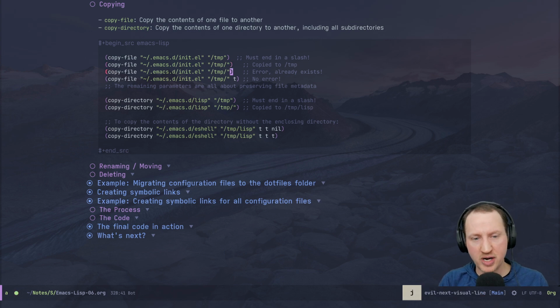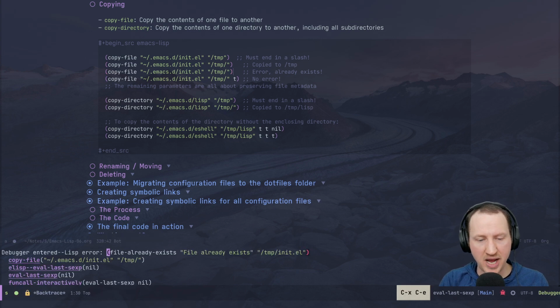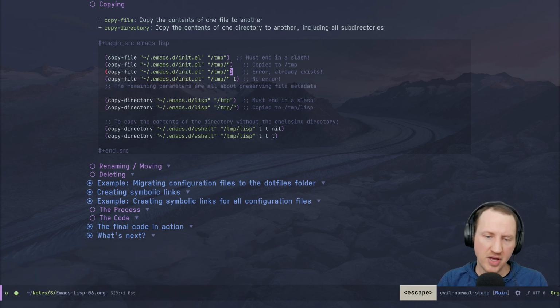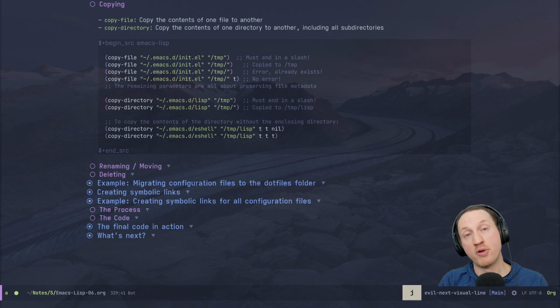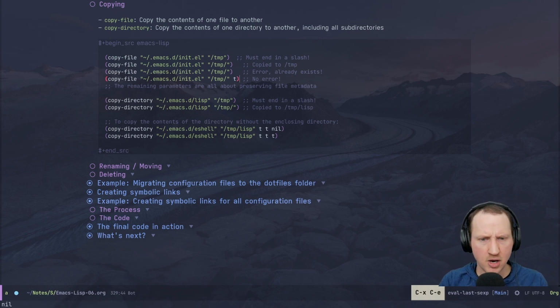So that's where we're at right now. And also, if you try to use copy file again to copy the same file to the same location, it's going to throw an error because the file already exists. But then we can use the third parameter to copy file, which basically says if you pass true, then we'll just ignore it if it already exists. So I'm going to run Control-X, Control-E on that line, and it will just not complain because the file exists